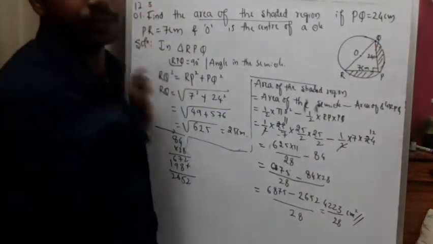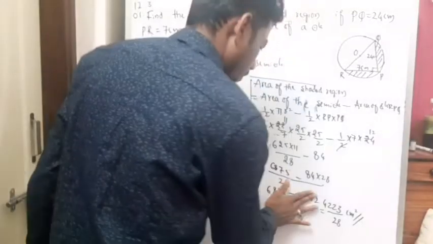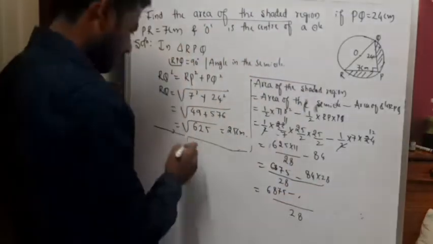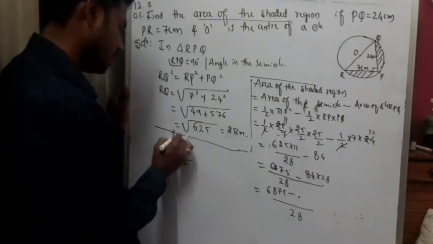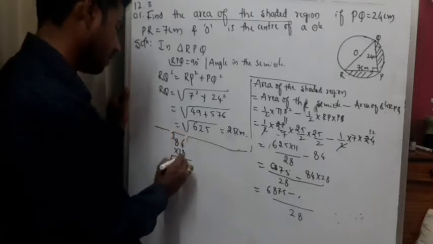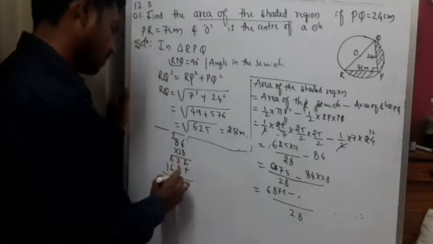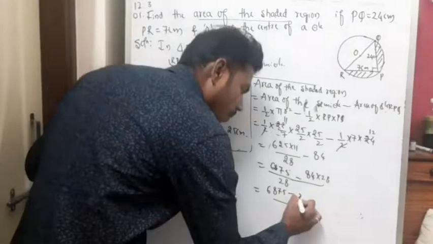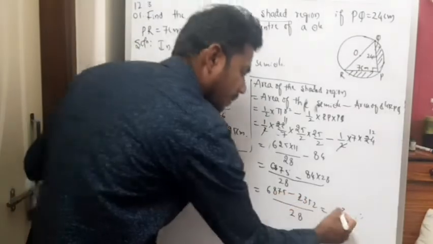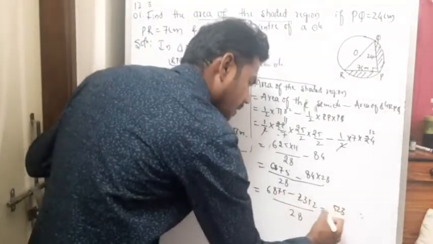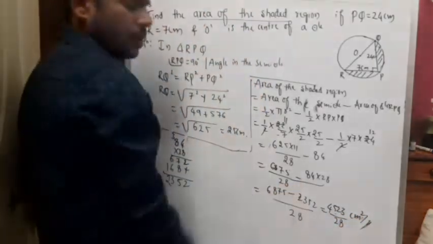Please note this down. So please wait, 84 into 28. I made a mistake. 84 into 28. 8 4s are 32, 3 carry. 8 8s are 64 plus 3, 67. 2 4s are 8, 2 8s are 16. 2 15, 7 13. 2352. 5 minus 2 is nothing but 3. 7 minus 5 is nothing but 2. 8 minus 3 is 5. 6 minus 2 is 4. So 4523 divided by 28 centimeters square. Please note the changes.